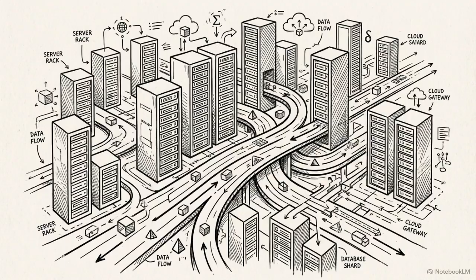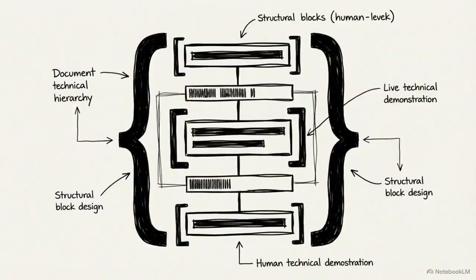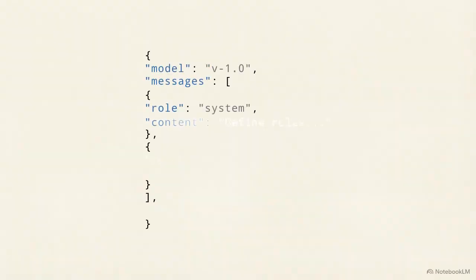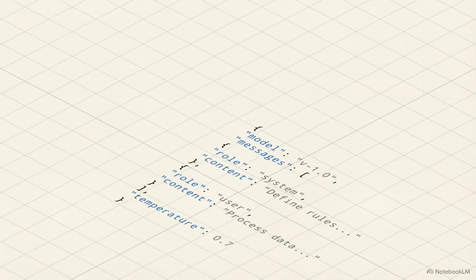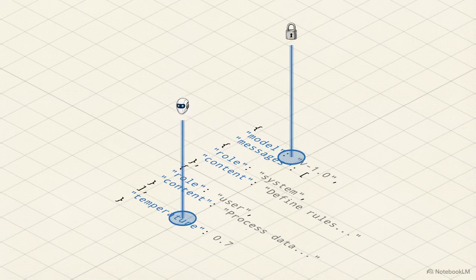This is the actual delivery mechanism, routing the user's input across the network. The body of that request is the payload, formatted as a sophisticated JSON data structure. JSON, or JavaScript Object Notation, is a standard text format for storing and transporting data. This payload is a multi-dimensional configuration space that maps everything from the model's behavioral constraints to its access to external